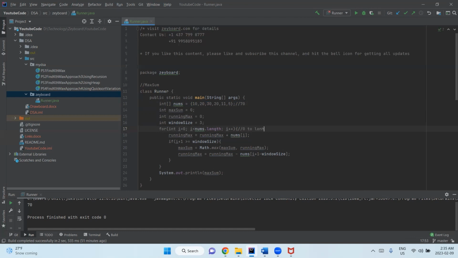Or here you can say length minus 1 directly, index, right? Basically traversing the whole array. And then we are calculating the running sum by repeatedly adding whatever was the pre-existing running sum, adding nums of i to it. And if this is the condition, we are checking